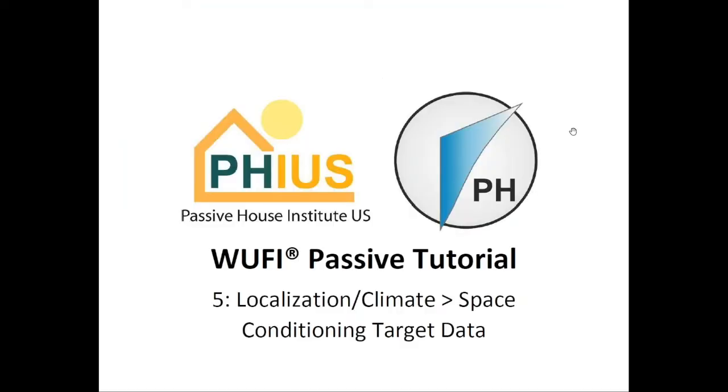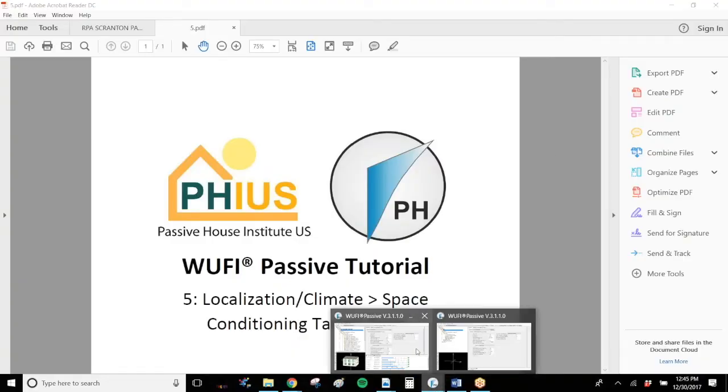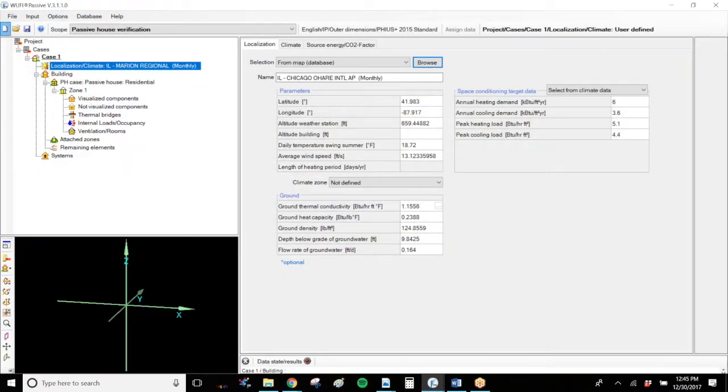This is a tutorial on finding and entering the space conditioning target data for your specific project location in WUFI Passive. In WUFI Passive, in a new file,